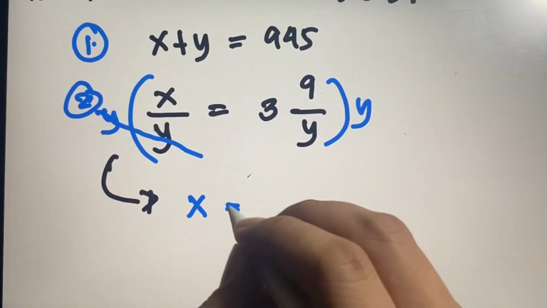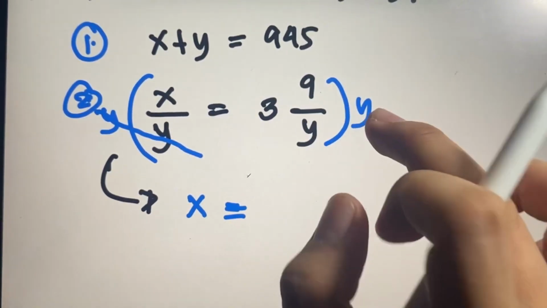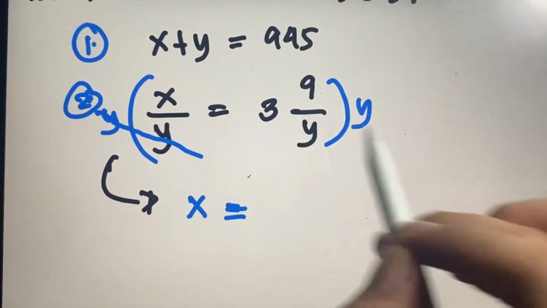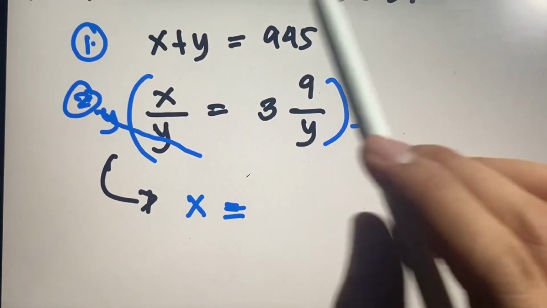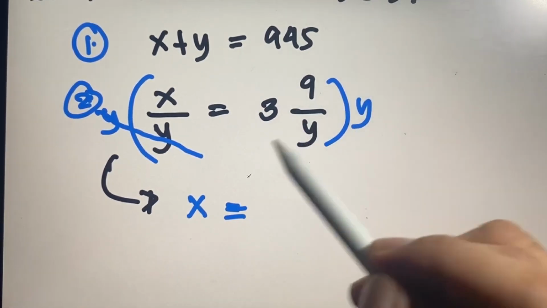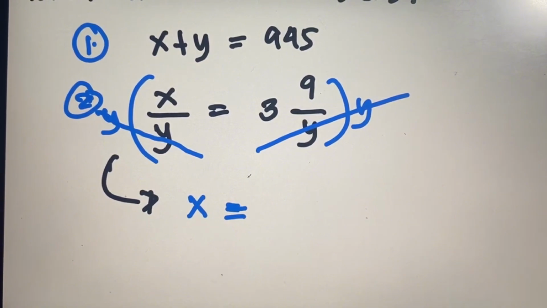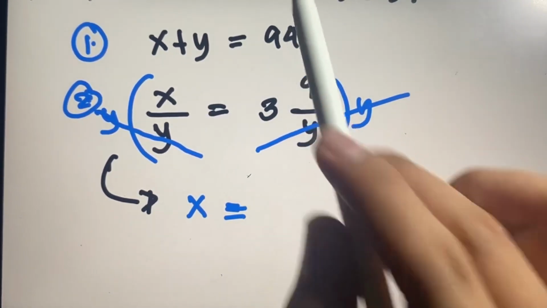So x is equal to t and 9 over y multiplied by y. In here, commonly, most of you will get the wrong answer because most of you will just cancel this one out. You would be tempted to cancel this one because it looks like canceling. No, but that is wrong